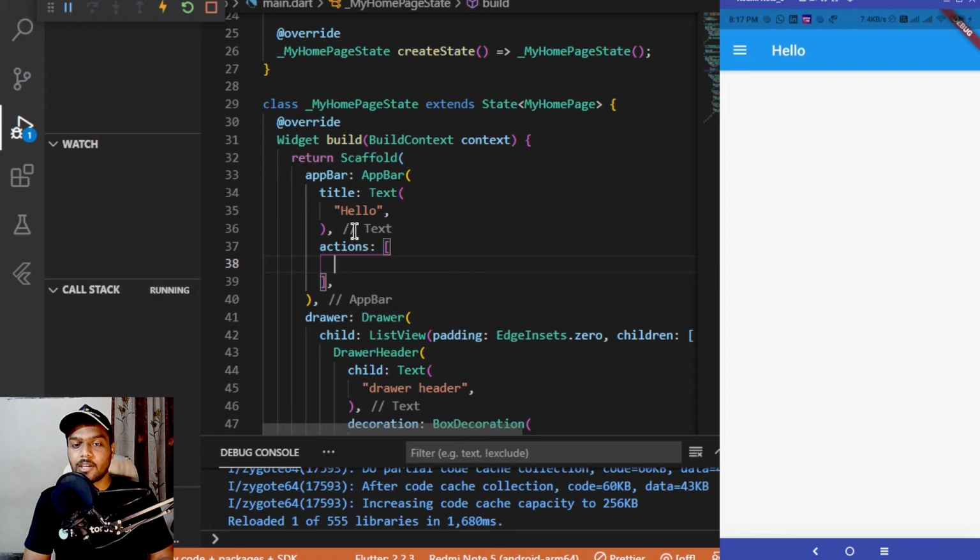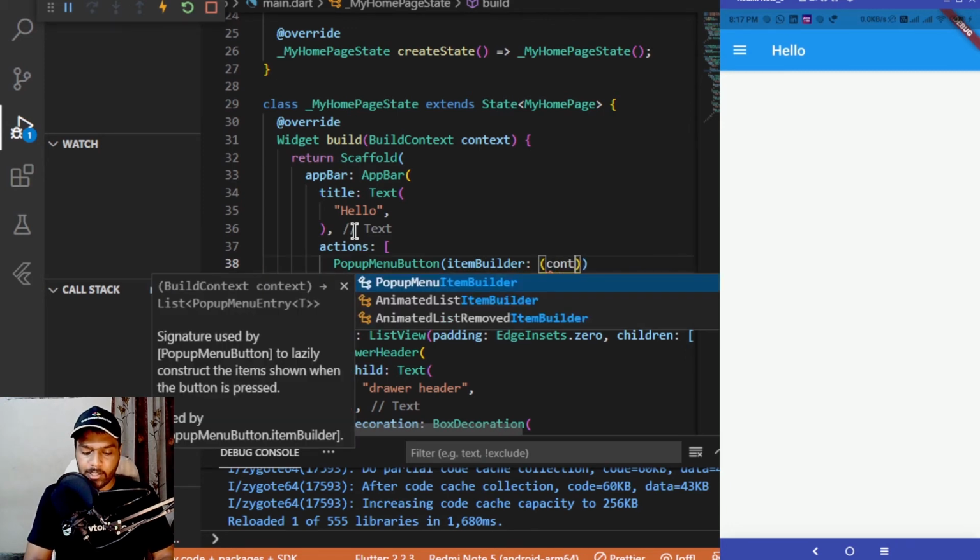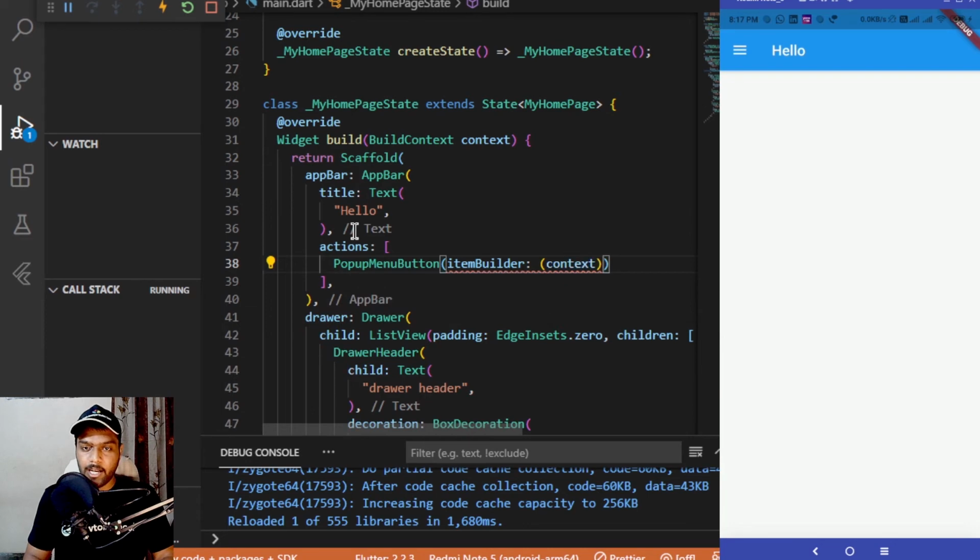So now let's start adding the particular thing which we'll be needing for adding those top 3 dots. The first thing which I'll be adding inside the actions is a pop-up menu button. The pop-up menu button takes an item builder, and this item builder takes a context in it. And after this context, here we have to return something as well. So I am adding a return statement for now, and I am not adding whatever we are returning yet,